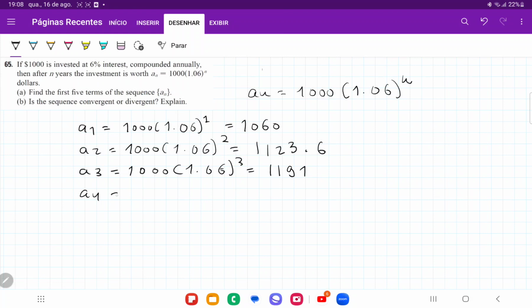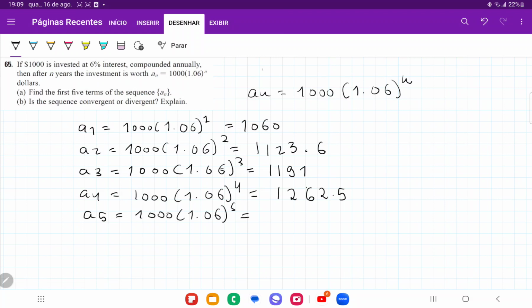A4 is equal to 1,000 times 1.06 to the power of 4, which is equal to 1,262.5, and lastly A5 is equal to 1,000 times 1.06 to the power of 5, which is 1,338.2. Okay, so we have our first